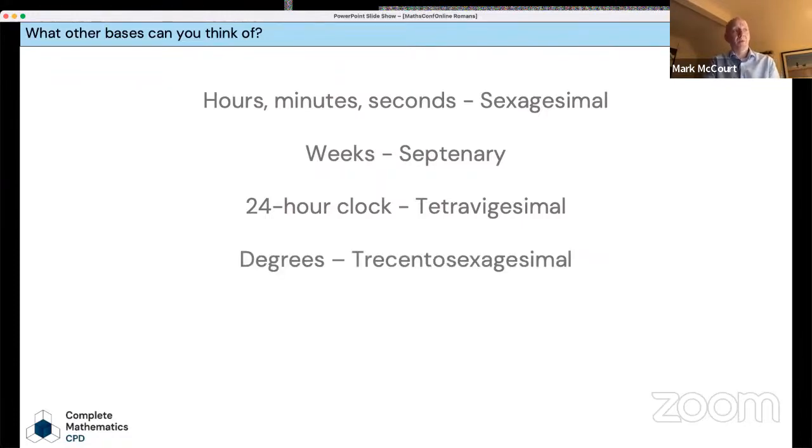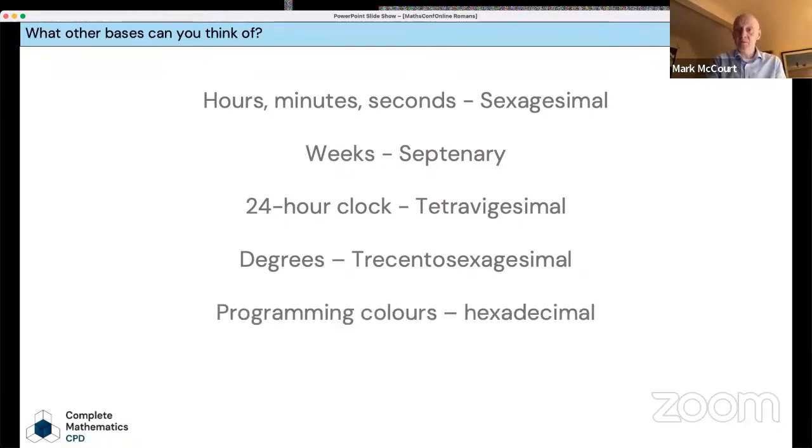Degrees, again, look at the way the word is built up, 3 100s. Okay, so enable us to talk about etymology, and most pupils will come up with degrees. Some pupils will be used to writing colors in programming. So if you're trying to get the color white, and you're writing HTML, you're going to write FFF, and if you're trying to get the color black, 000000. So they'll come up with those things, perhaps some of them.